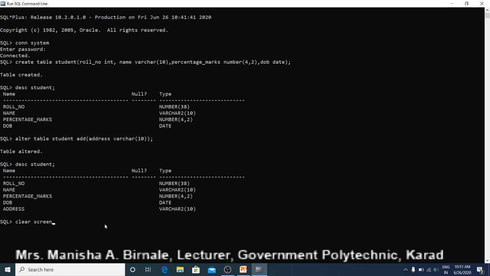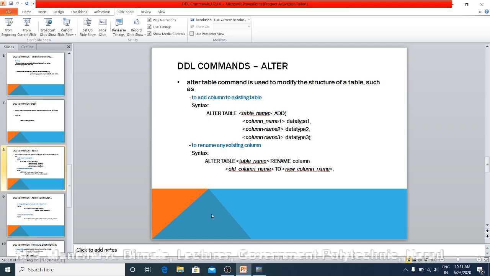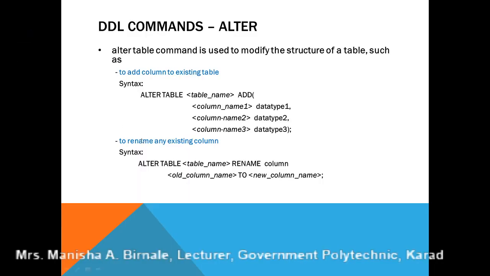Using the clear screen command, you can clear your screen. You can modify the structure of a table in various ways. Suppose you want to rename any existing column. So there is one column in your table and you want to rename that column.